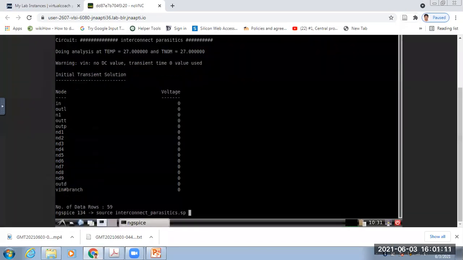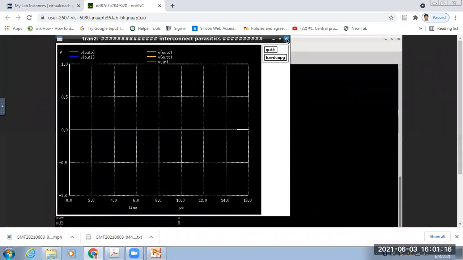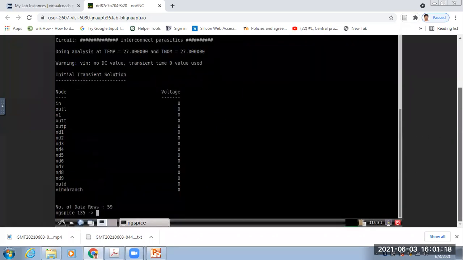So doing analysis at temperature, no DC value, transient time zero value used.